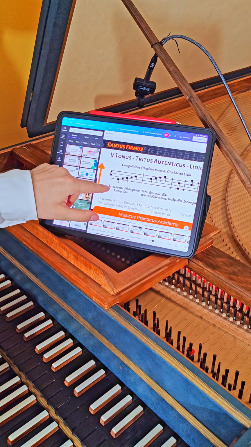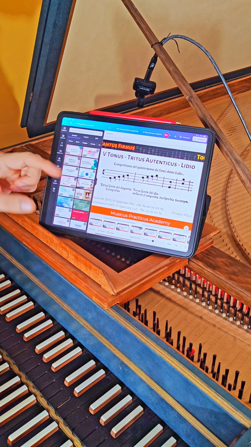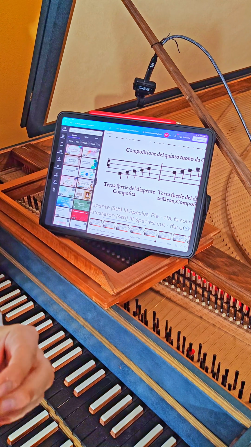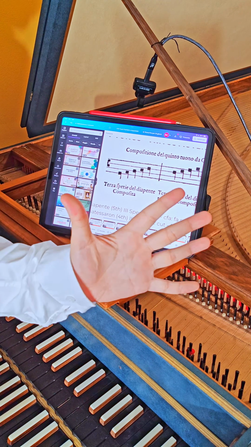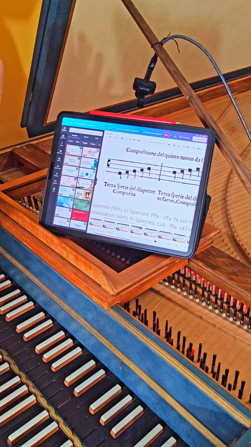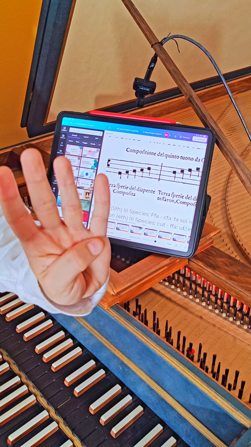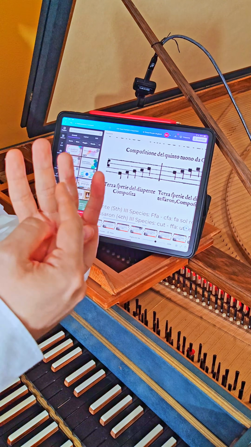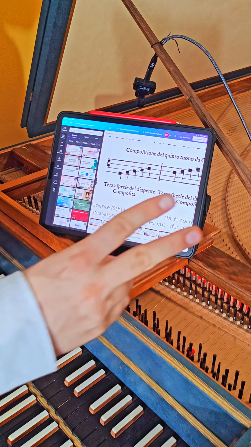Quintus tonus, authenticus, called lidio, is made up of the third species of the diapente, because the diapente, the fifth, can have 4 different species according to the position of the semitone. The first species is re mi fa sol la. The second species is